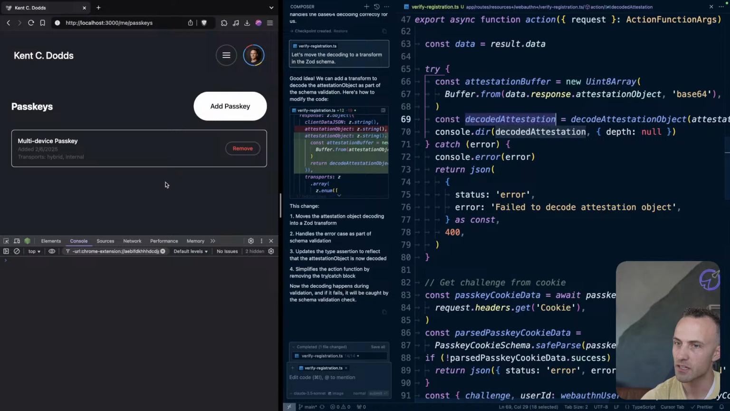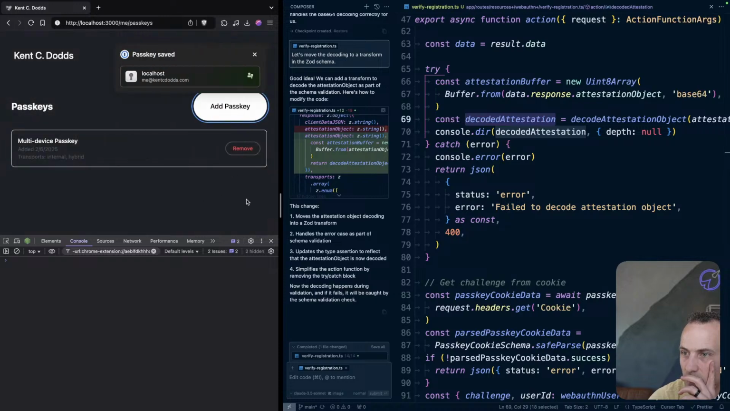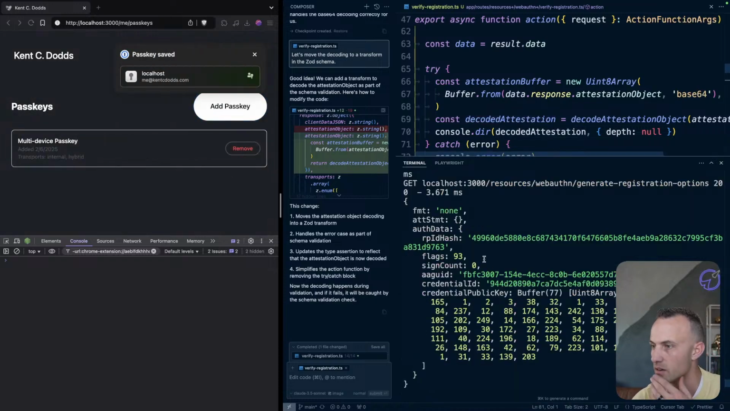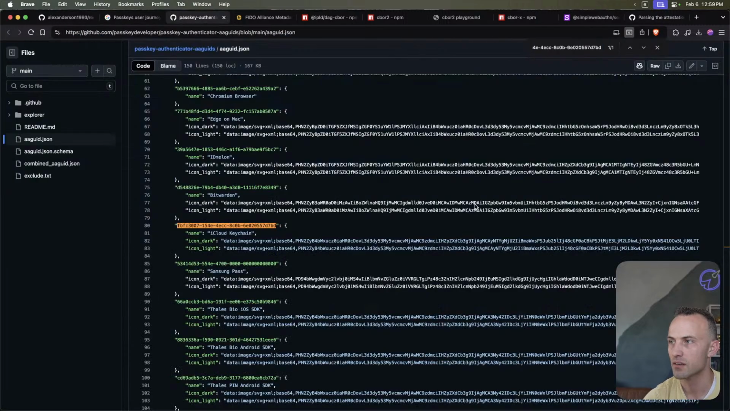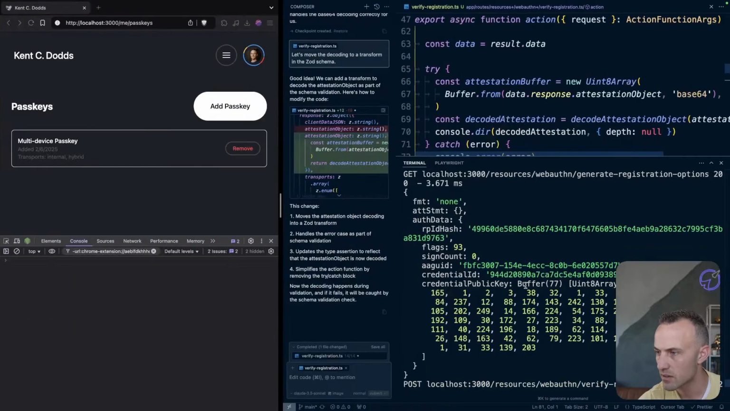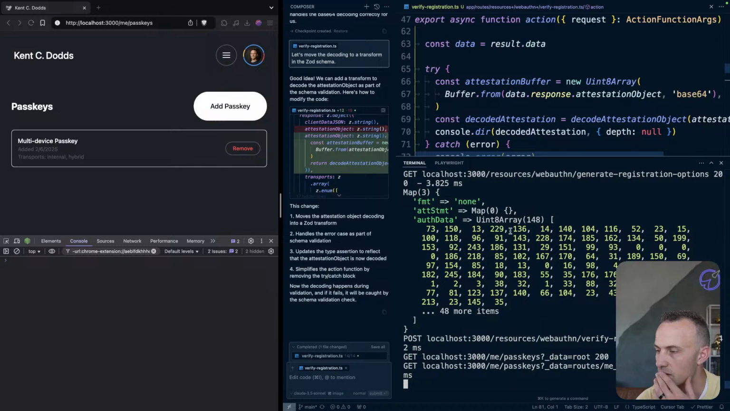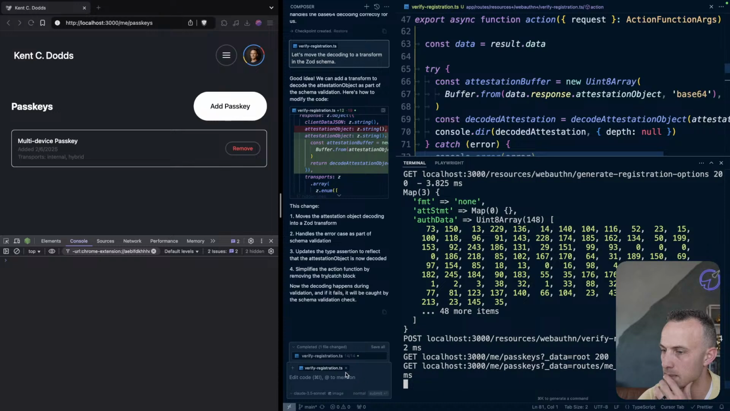All right, sweet. Let's try once more, add passkey, and let's see what their thing logs. There it is. It's encoded. And if I go over here, hold on a second. Ah, there we go. Oh, the auth data is still,